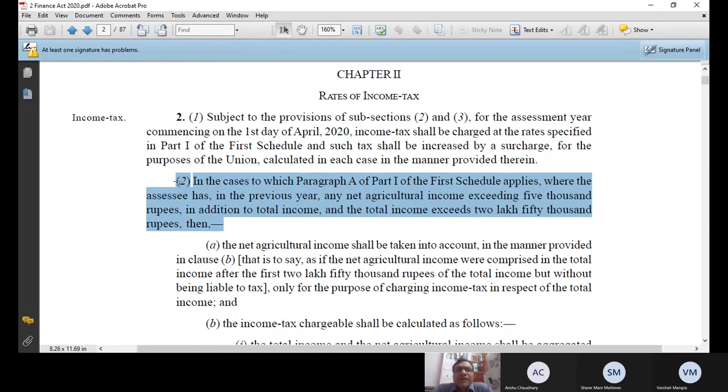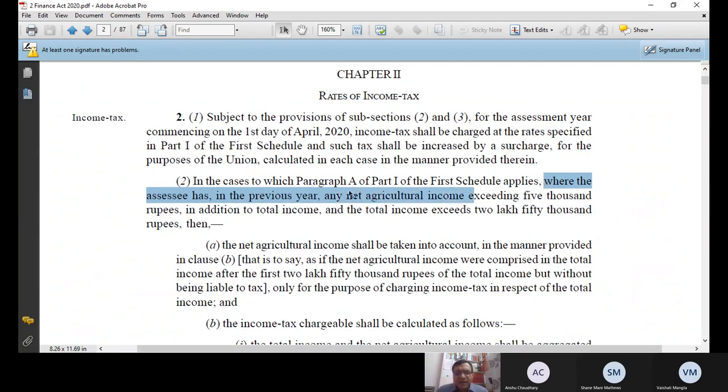In the cases to which paragraph A means what? Individual assessing. Paragraph A means individual and HUF. In the cases to which paragraph A of part 1 of the first schedule applies, that means whenever you have to compute the tax liability of an individual or HUF for the previous year 1920, where the assessee has in the previous year any net agricultural income. What do I mean by net agriculture? Gross agriculture income minus expenses incurred to earn the agriculture income. So whenever my net agricultural income, after deducting the expenses, exceeds 5,000 rupees